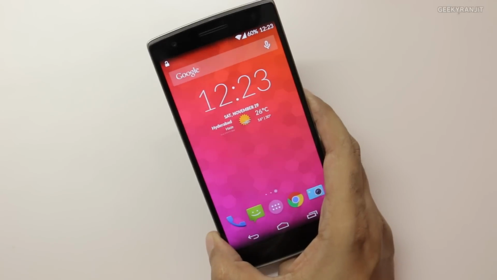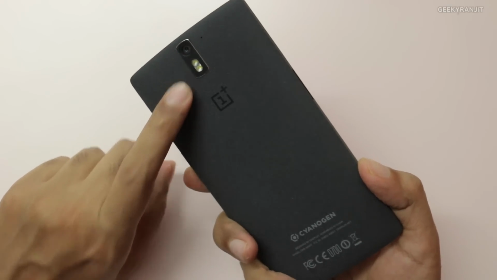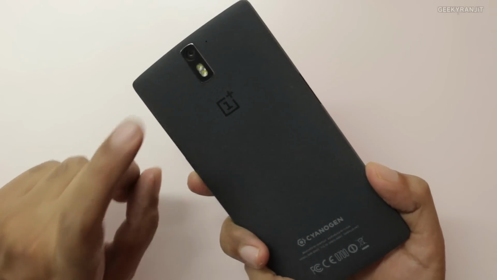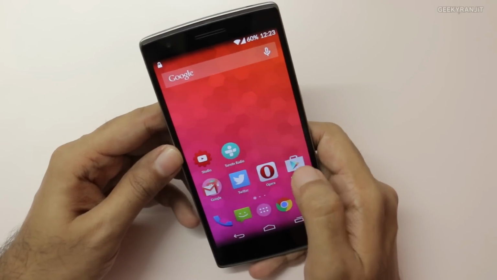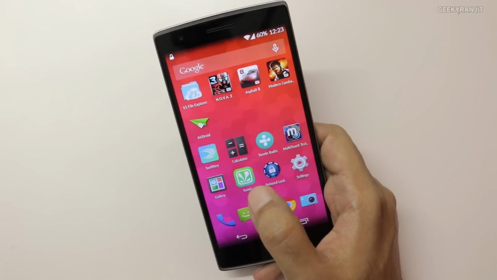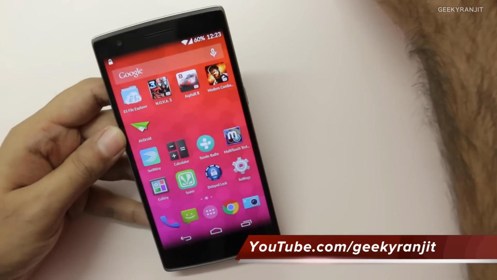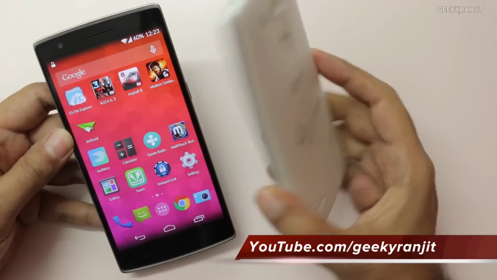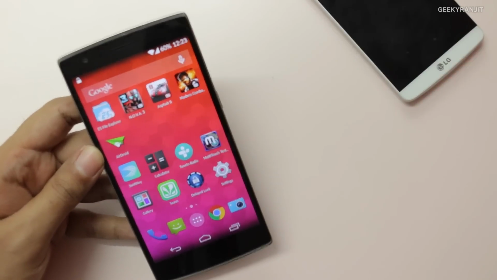Considering the price point of this device, I would say the camera performance was very good, and even the flash was nice. Even in very low lighting conditions where the flash fired, the pictures came out to be very good. So overall, I would say, considering the price to performance ratio, the camera on this device is pretty good. But again, certainly it is not a flagship killer if we compare to other devices like the LG G3 or even the Note 4, which have a much better camera. But again, these devices cost a lot more than the OnePlus One.